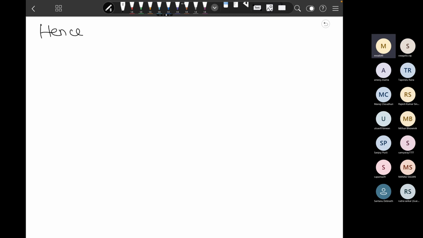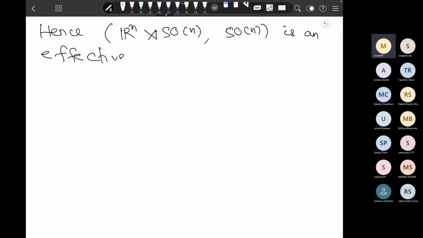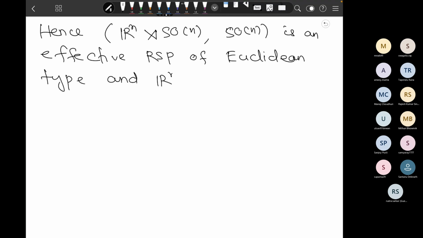Hence this thing, R^n semidirect product SO(n), and this is SO(n), is an effective Riemannian symmetric pair of Euclidean type. And R^n is a